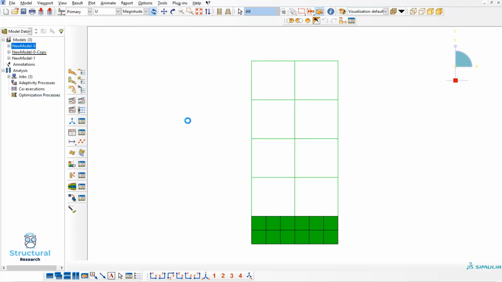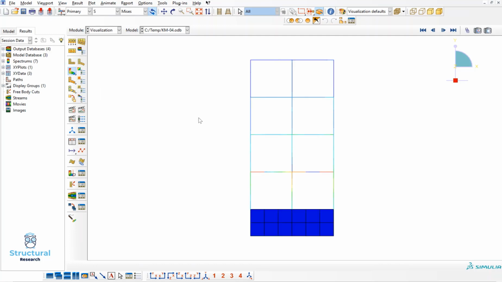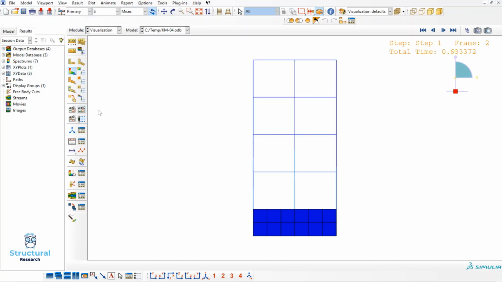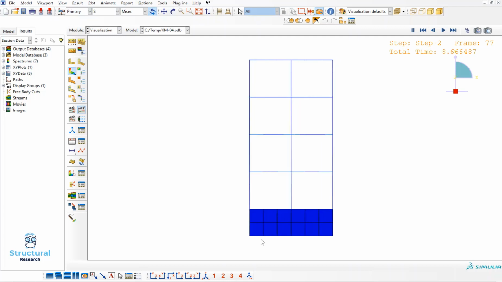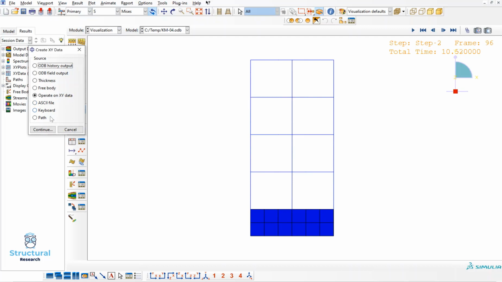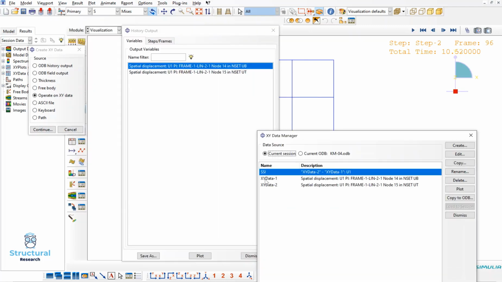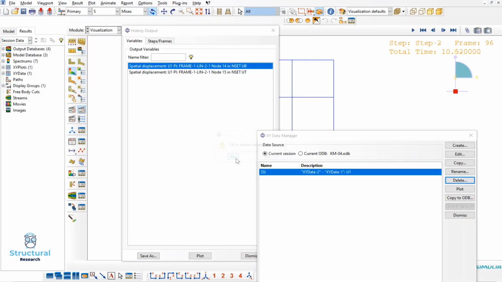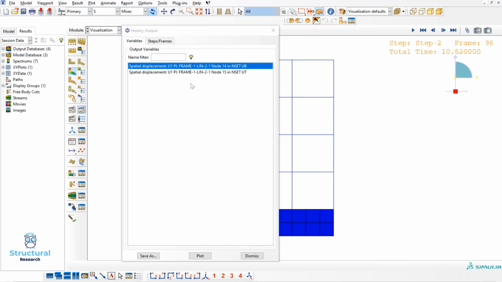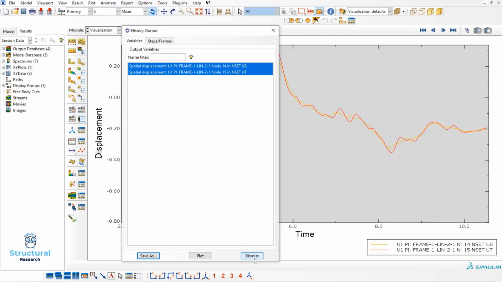without considering soil, we have also an animated result in here. So if we want to extract the displacement, we could easily create the displacement history same as the previous model,